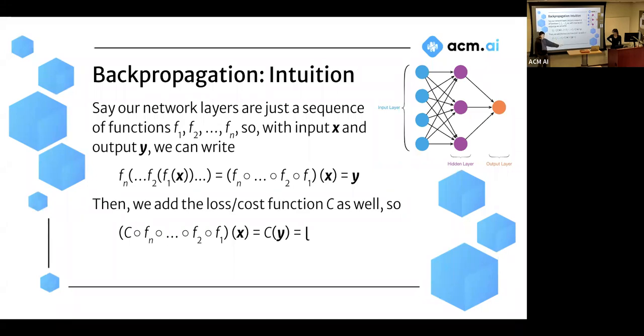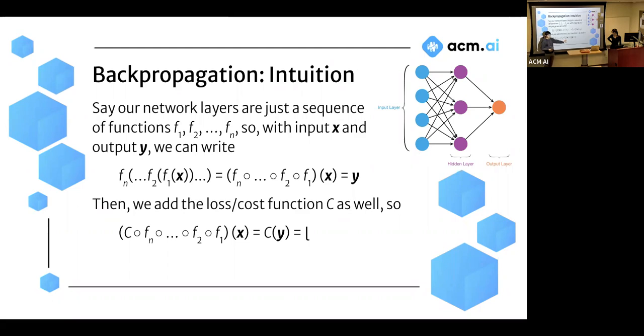People use all sorts of variables that vary depending on the textbook, depending on the paper. So one of the main things about reading machine learning papers is actually just the first step: figuring out what their symbols mean. This happens to be the symbols that I came up with. It is not the best symbol. It is probably not the standard, but the idea is neural networks can be modeled as just a bunch of